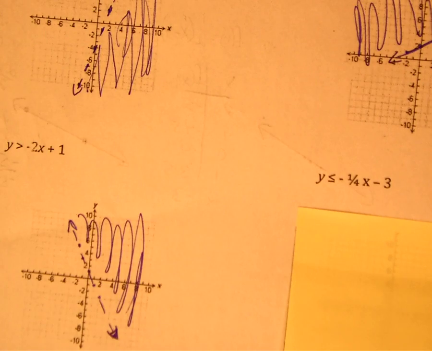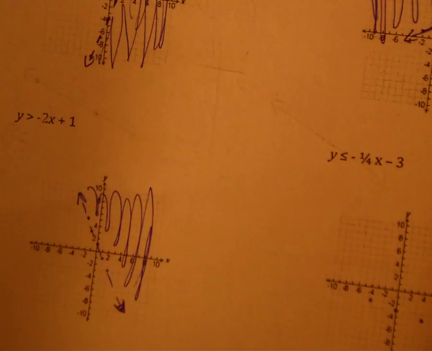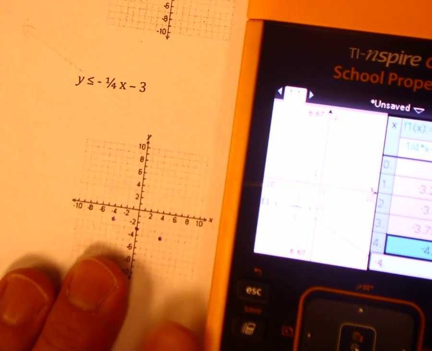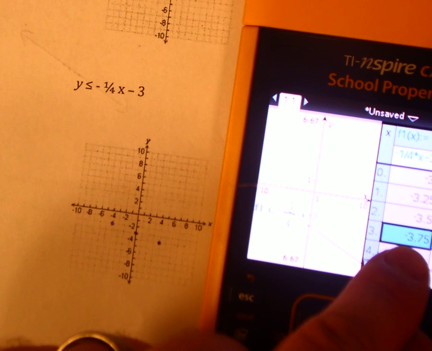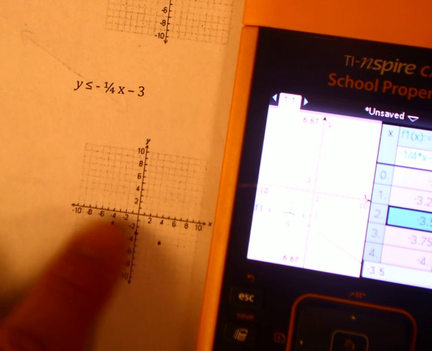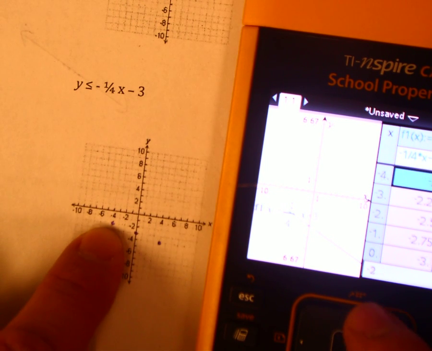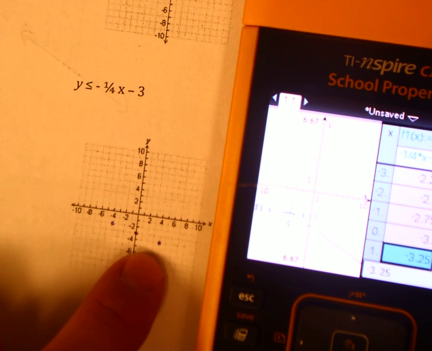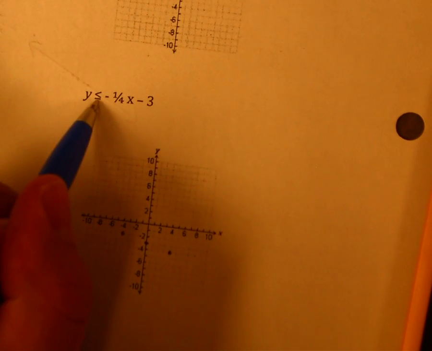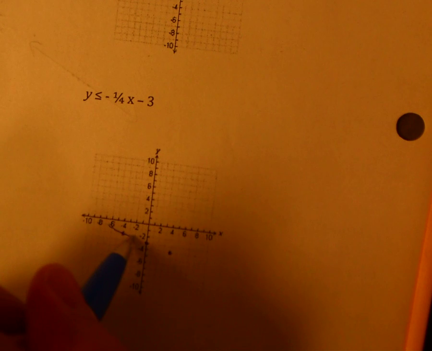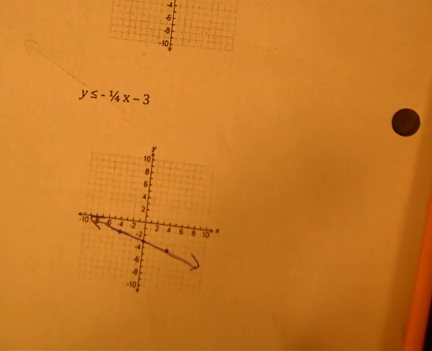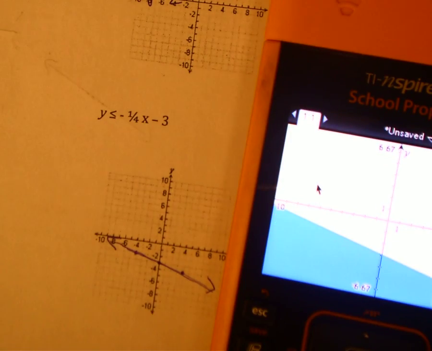All right, the next one that we're going to look at right here is the last one. Put that in your calculator and you should get a table like this. If you notice, I only have 3 points plotted because I'm not going to plot these decimals, because it's really hard to see where they're at. So I just plotted the -4, -2, 0, -3, and 4, -4. Since it does have the "or equal to" there, it is a solid line through there. Put the arrows at the end. And now let's talk about shading. For shading, we are going to shade this one on the bottom because